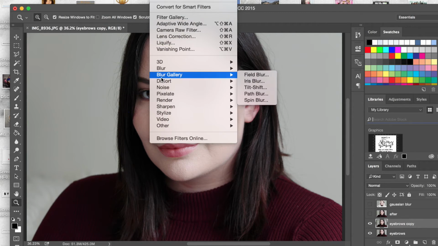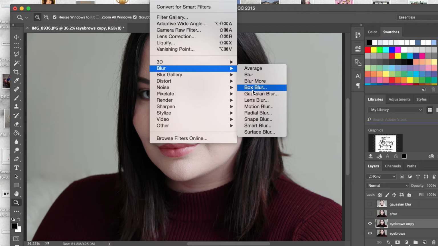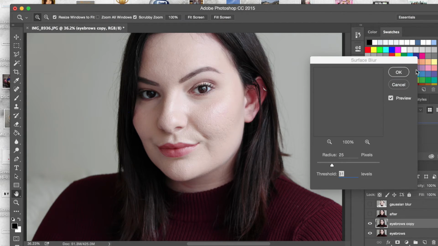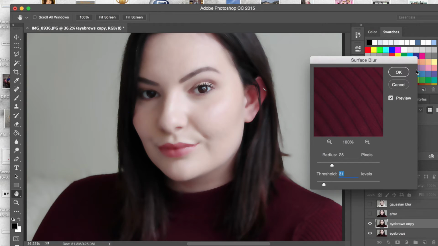And if you're doing a bad blur, you're going to do the Gaussian blur, but if you're smart, you'll do a surface blur. That's what I've been doing for years, and I just kind of randomly stumbled upon it because I didn't want to physically airbrush my skin. I just wanted to blur it in a subtle way, and I kind of just stumbled upon this by playing with all the blurs. So right now I have mine set at 25 pixels for the radius and 31 levels